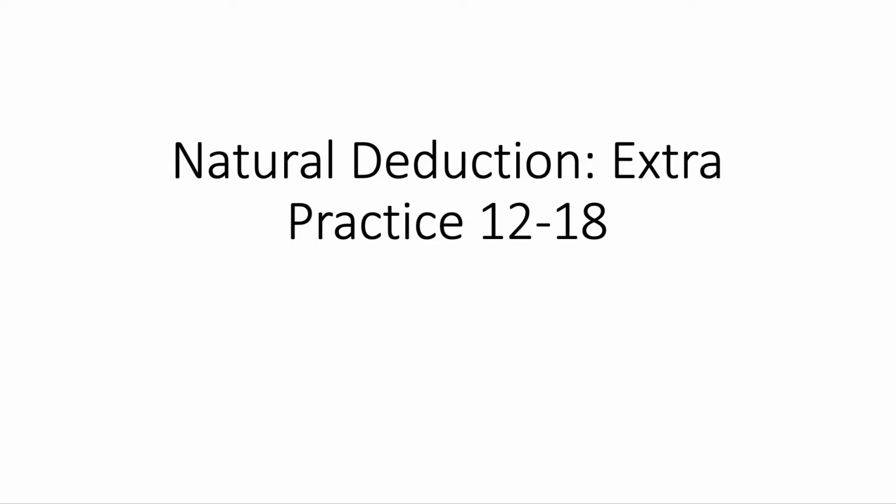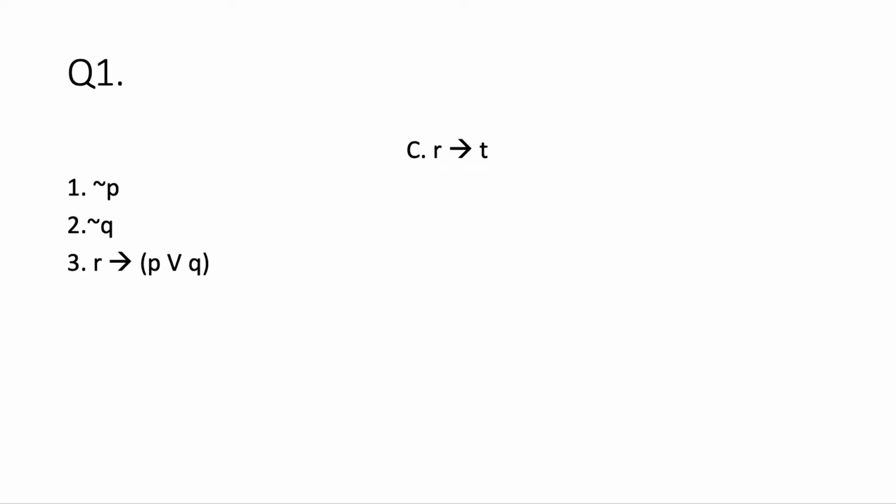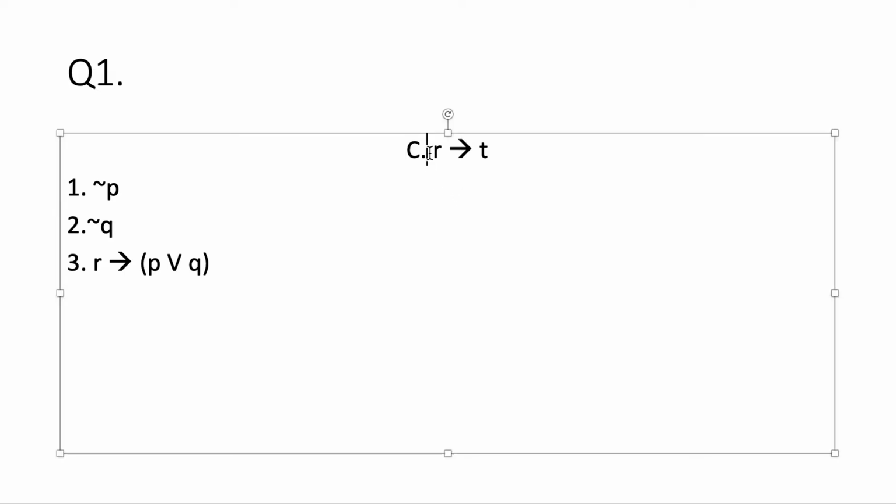In this video, we're going to work through each of the extra natural deduction practice questions that correspond to rules 12 through 18. Here's the first argument. I've put my conclusion over to the right so I don't accidentally confuse it for a premise. And now I want to prove via natural deduction that if R, then T follows from the truth of these